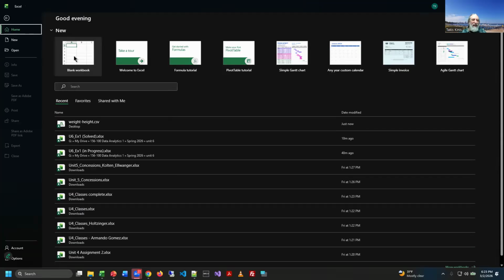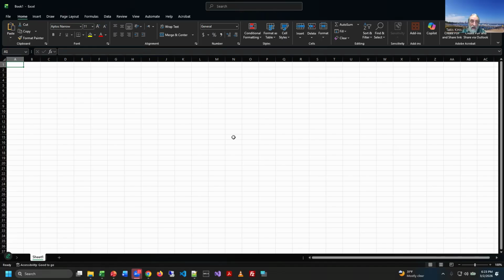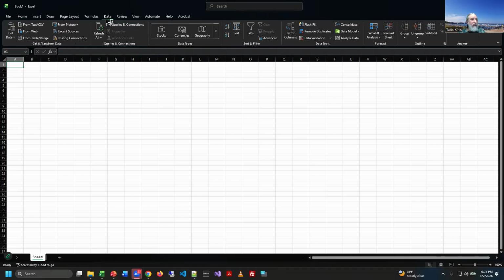Instead, and this is probably the way you really should do it, I think is the preferred approach. You start a new Excel file and then you import your data. You go to your data tab, you get data. This is coming from a CSV file, so I can just hit the preset here. We've played with this import tool before. This brings up a different tool embedded into Excel